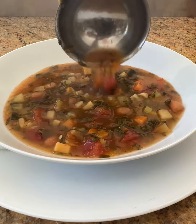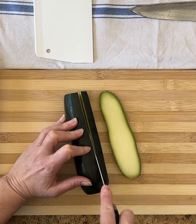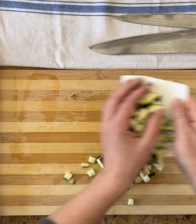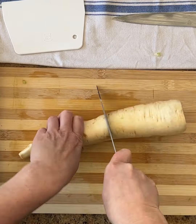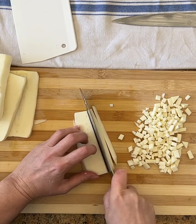It's rich, it's savory, it's vegetable soup. We're going to start by prepping all the vegetables here. I'm using zucchini, celery, and parsnips, but you can use any vegetables that you have in your freezer, your fridge, or your garden. This is basically like a glorious afterlife for all of those vegetables, so don't be afraid to